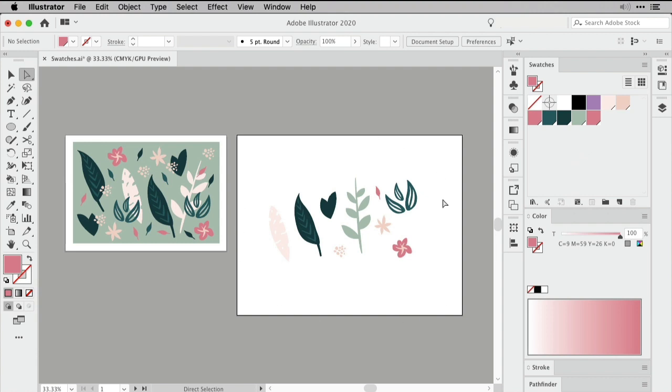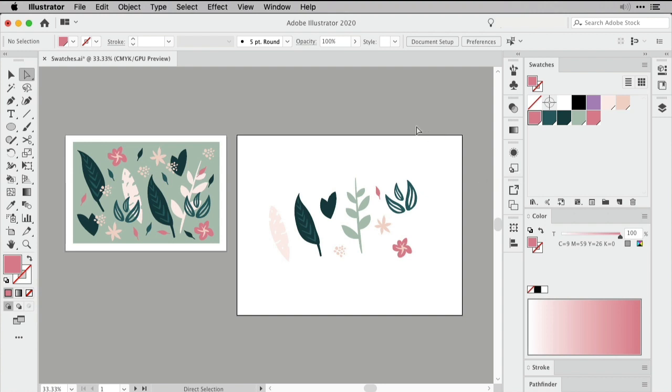Because on one artboard, I have two elements that are colored with this particular swatch. On my other artboard, I have other elements that are colored with the other swatch. Now this can become very confusing. You can update colors, replace them with each other, but sometimes you need to just simply merge them as well.